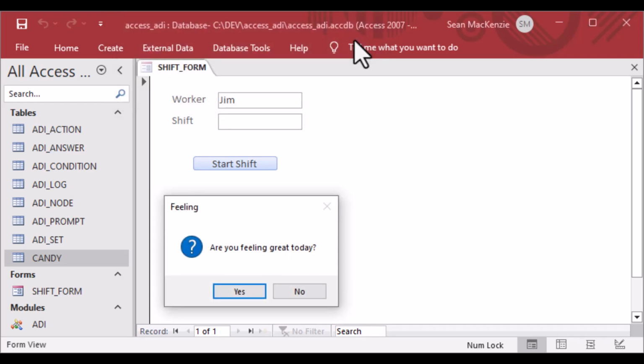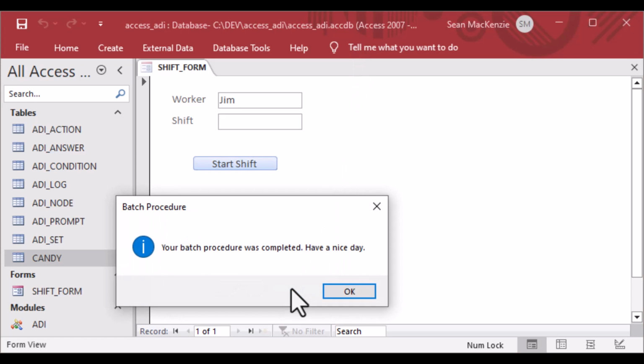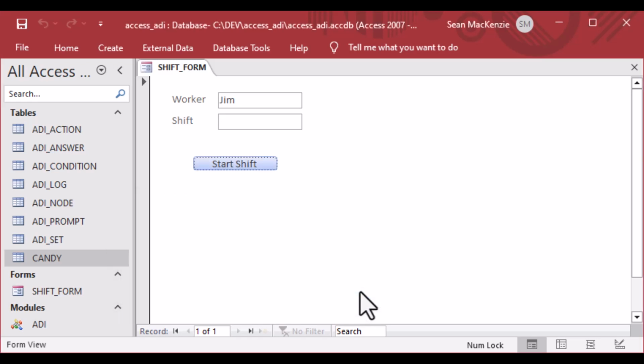We can hit OK, and you can say, oh, maybe I don't feel great today. It says your batch procedure was completed. Have a nice day. And then you go OK, and then it says, oh, the condition for the second node evaluated to true, which means that node 1 went to node 2,